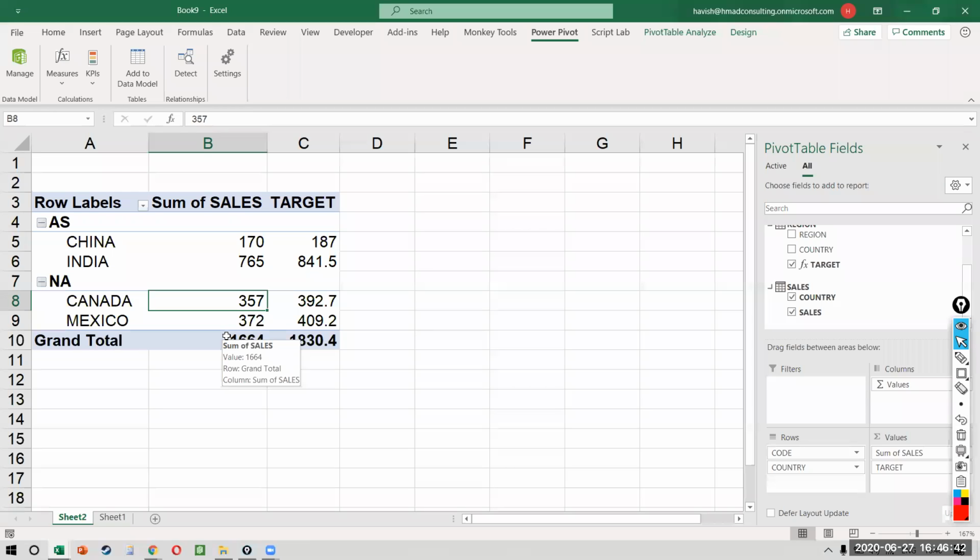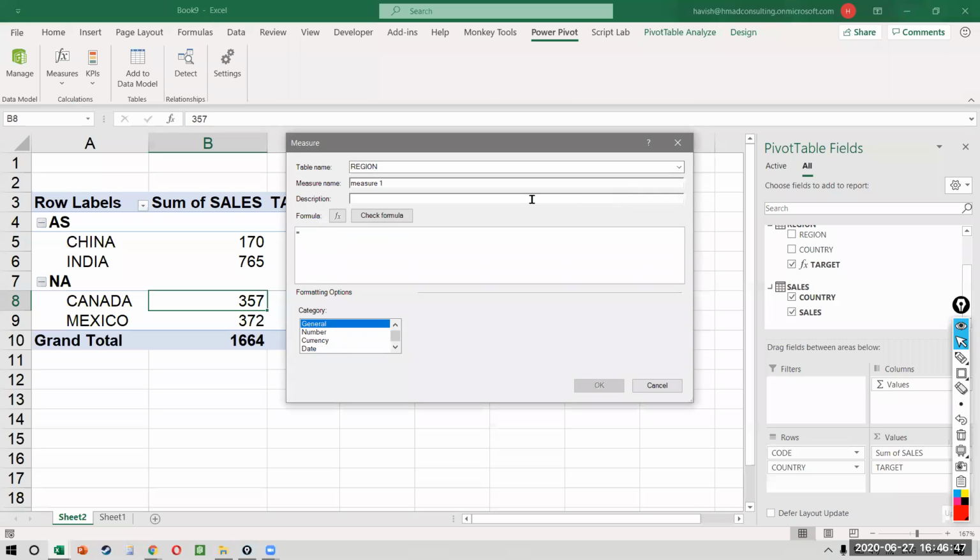Let's say that you want to see the value of China only. Please watch very carefully. Measure, new measure. I will create a measure saying only China. What will this value be? I will say calculate. So what is calculate? It is an expression in a context modified by filter. So I want to keep a filter of my choice, and you will see how that works. What do we want to calculate? The sales, which is the sum of sales. And what is the filter? The filter is that the country should be equal to China. And what will the final result be?